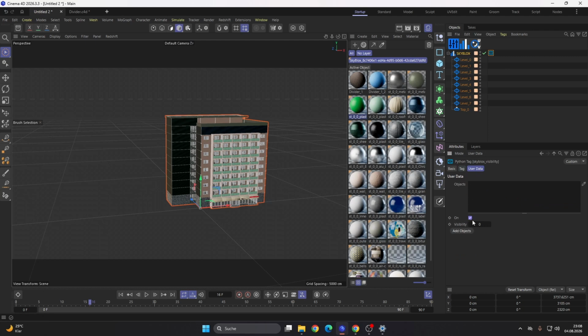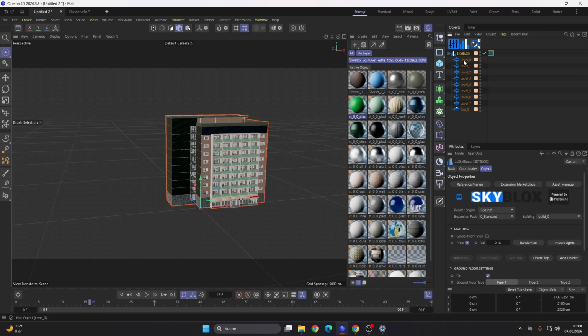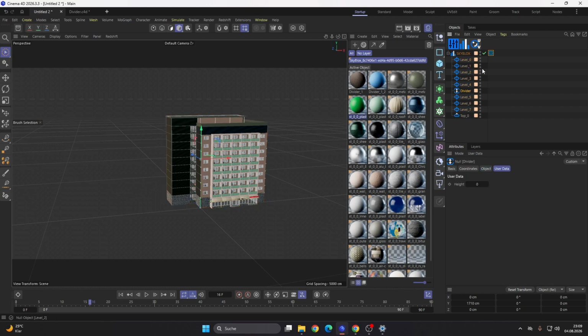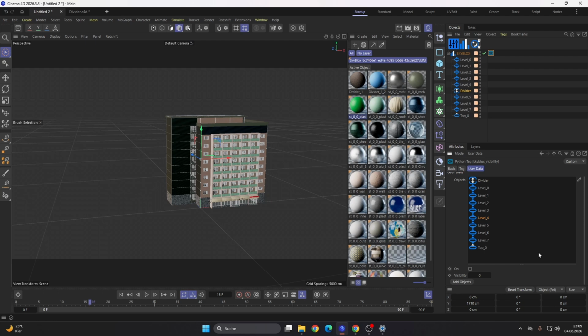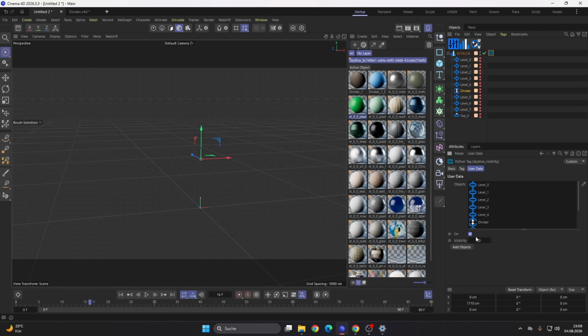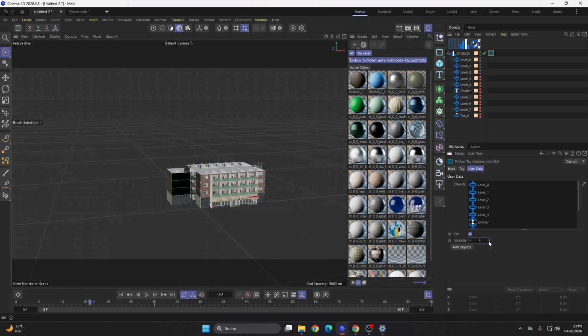So you can turn it on. First of all, we have to add objects. If it is part of a Skyblocks plugin and you press add objects, it only adds types of levels, dividers, and tops. So if I add a divider, for instance, in between, and I press add objects, you can see it's also a divider. You can also manually rearrange that. If you press add objects, it always overwrites it. Then you have to click here to activate it. As you can see, 0 means no building is visible at the moment. And if you click here on visibility, you can sequentially blend the buildings in.